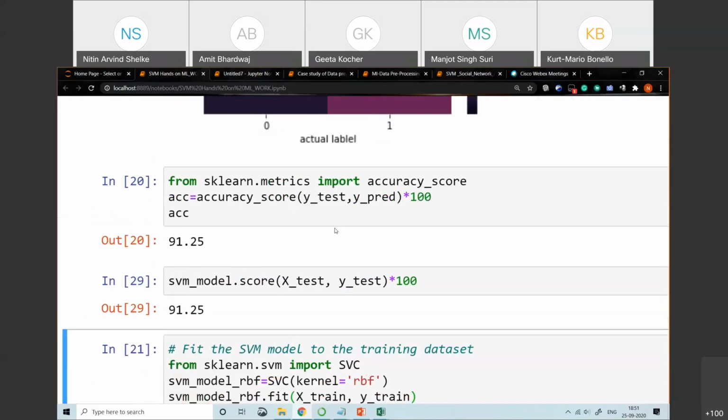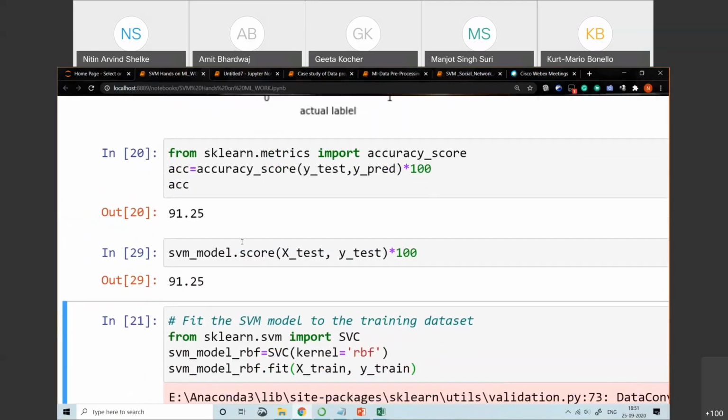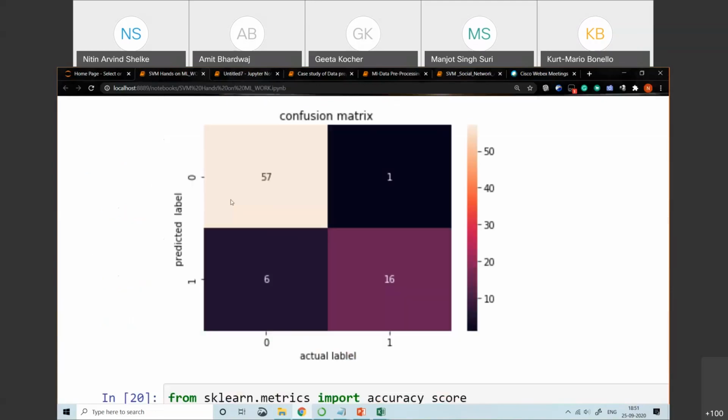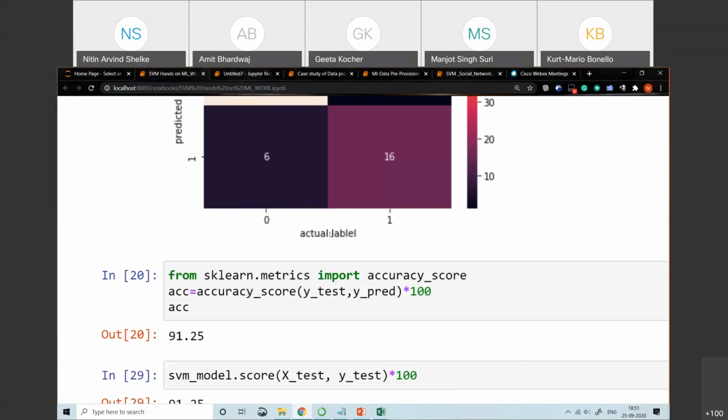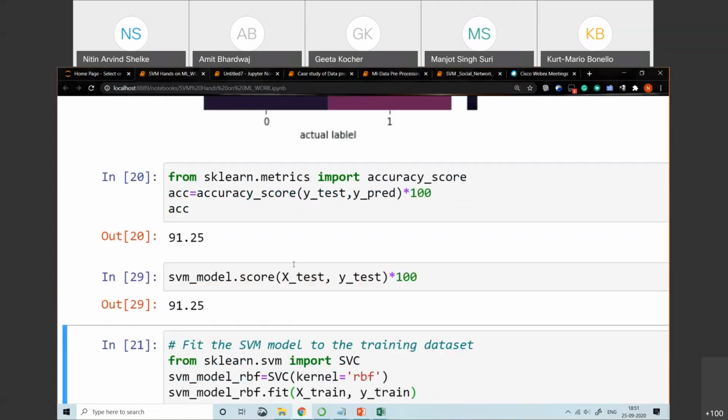Now this is one more method, that is the dot score method. There are a lot of methods through which you can get the performance. Out of which this is one method, the dot score method, but it is somewhat complicated, so you will not find this method used anywhere. Apart from accuracy underscore score, we have the confusion matrix, we also have the performance matrix class, and the dot score method also. But in the dot score method we will pass the X test and the Y test.